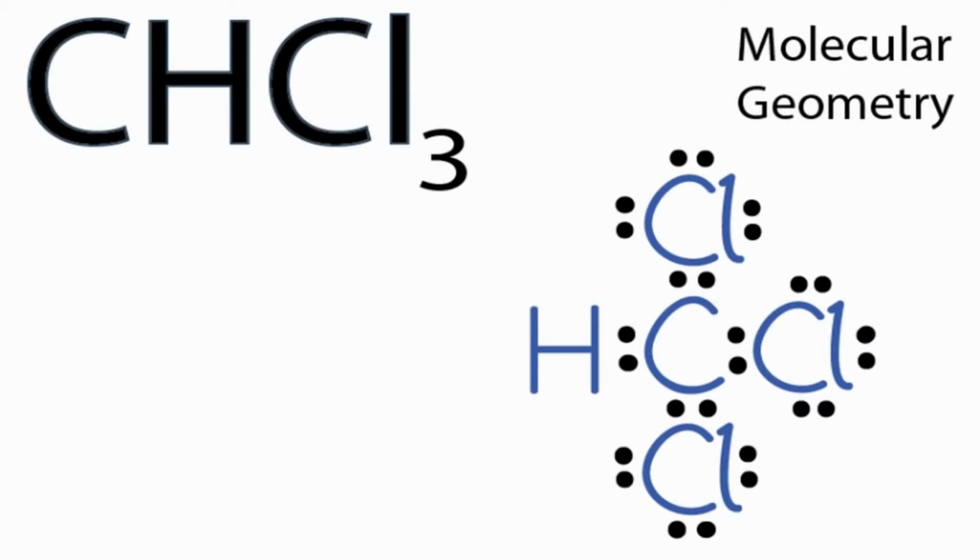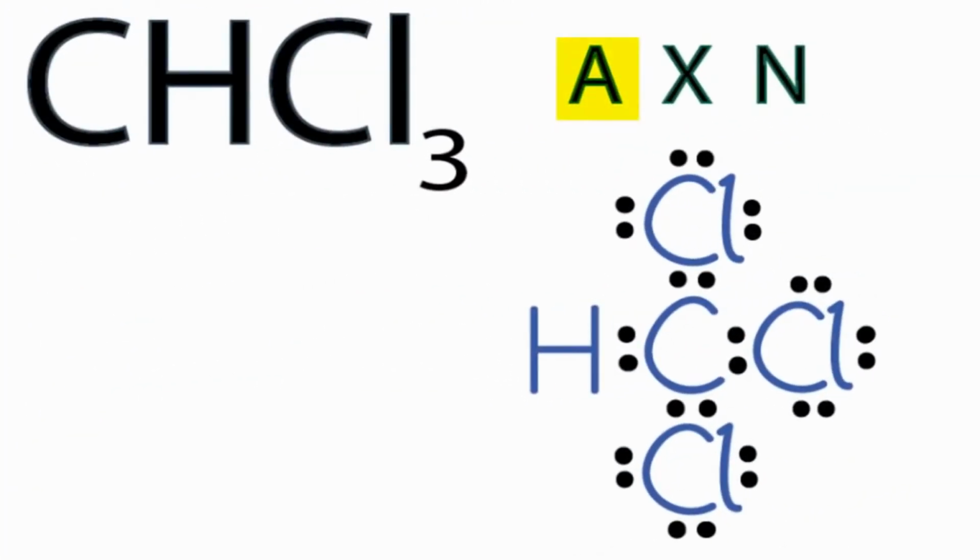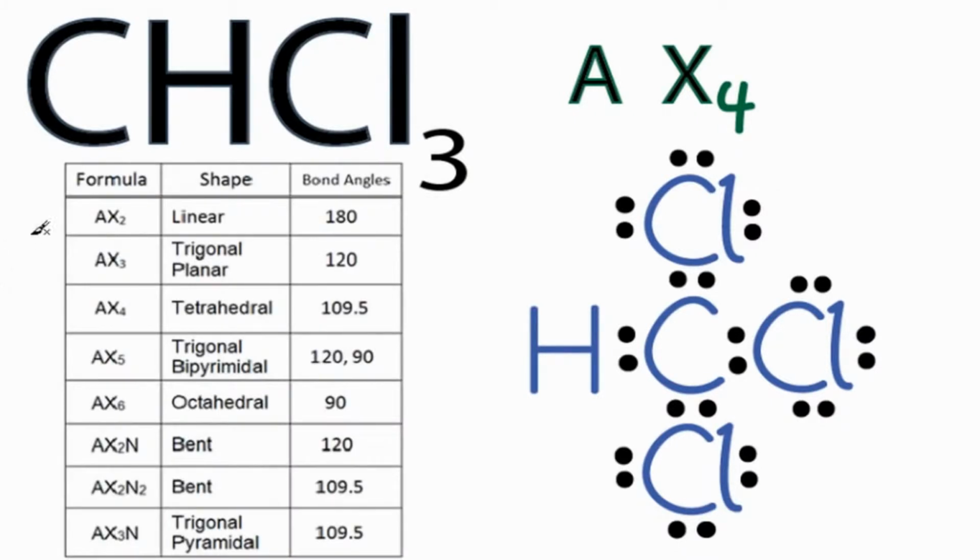Lewis geometry for CHCl3. A, that's the carbon in the center. X, that's the number of atoms bonded to the carbon. We have 3 chlorines and 1 hydrogen, so we have 4 atoms bonded to that carbon. And N, those are the pairs of non-bonding electrons. Well, all of those electrons on the carbon are involved in chemical bonds, so we're not going to worry about N. So going down our table here, we see AX2, AX3, and AX4, which is tetrahedral and has bond angles